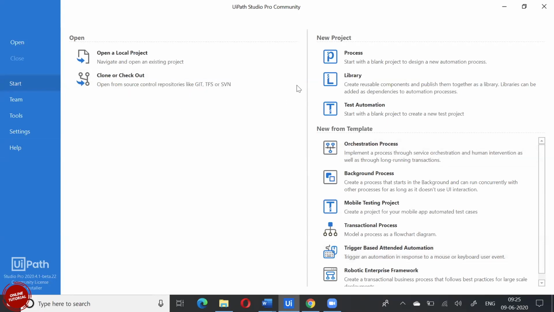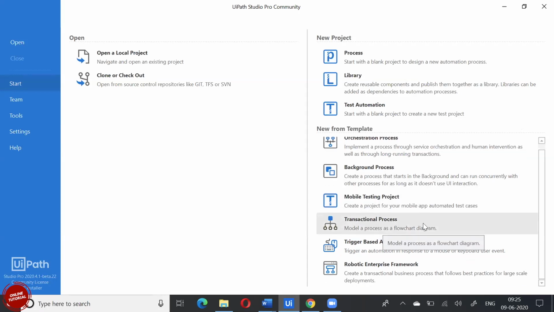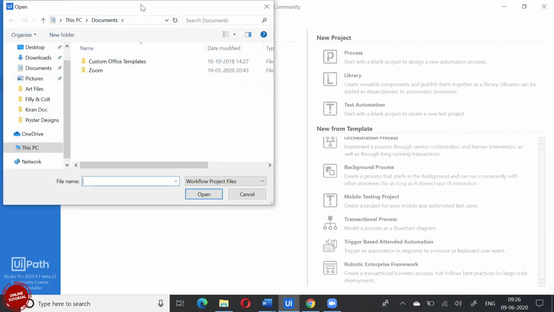Among all these options, this is our main tab where we frequently come. You have something called Open, New Project, and here are some of the templates given by UiPath. Once we start creating projects, the most recent projects will be listed here, so instead of opening, you can directly access them from here also. We will see that too. Now, Open and Open a Local Project are both the same. If you click on that, it will again take you to the My Documents UiPath folder.